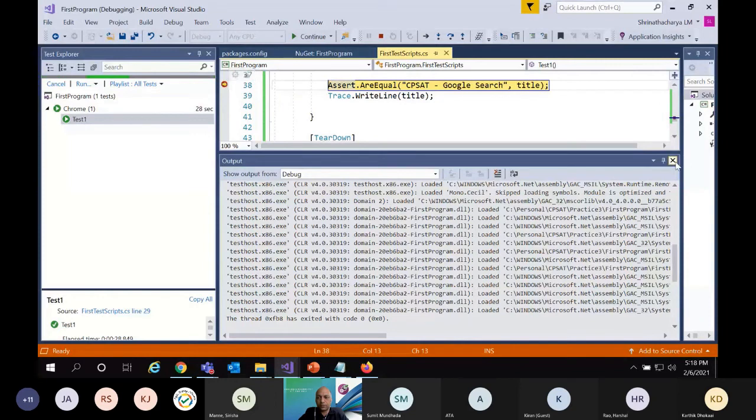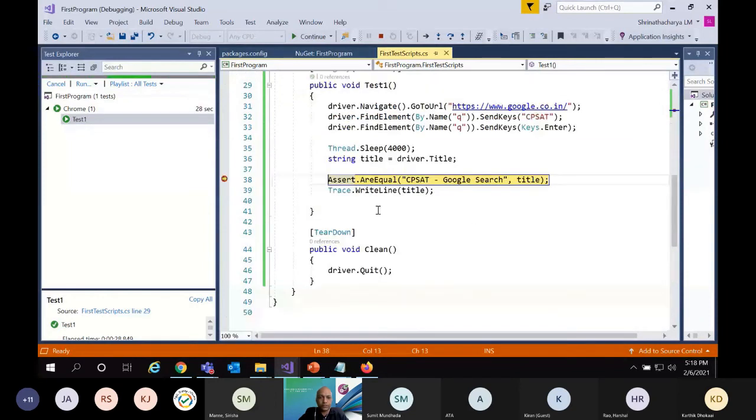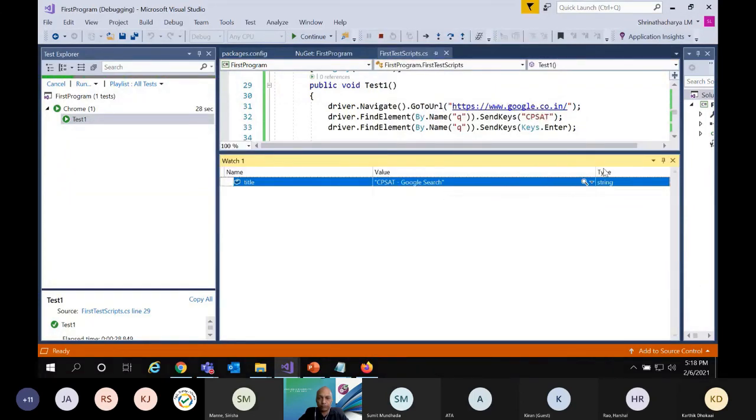See here, now since we have put a breakpoint, it has come and stopped over here. We can see everything. Also, say suppose any object in .NET, right click and click on Add Watch. You can watch over here.